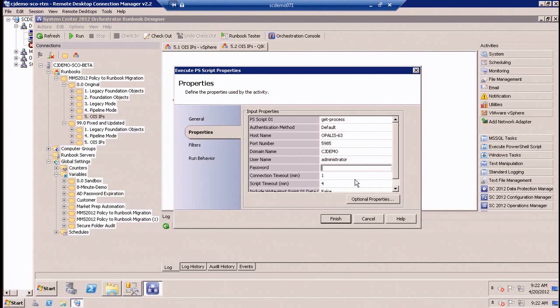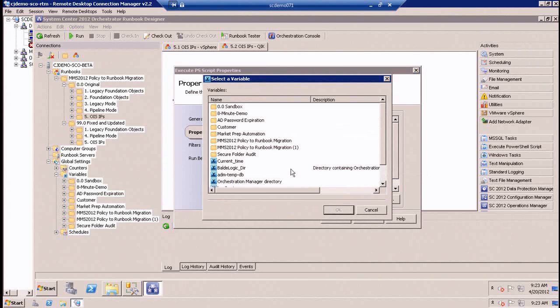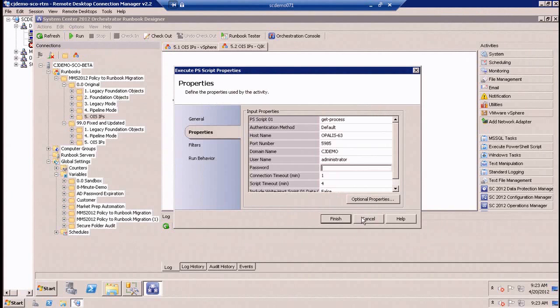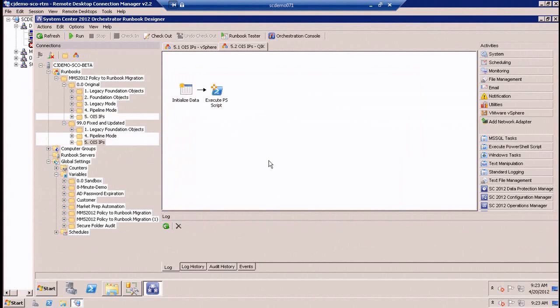So when you import during this migration process from Opalis to Orchestrator, passwords aren't stored in the export, so they're not entered into here, which means you have a couple options. One is you can type it in again, or you can reference a variable. Oh, now you see my password. There's new functionality in Orchestrator that lets you hash that password, and I'll get to that in a couple of minutes. So I have a freshly saved one over here,